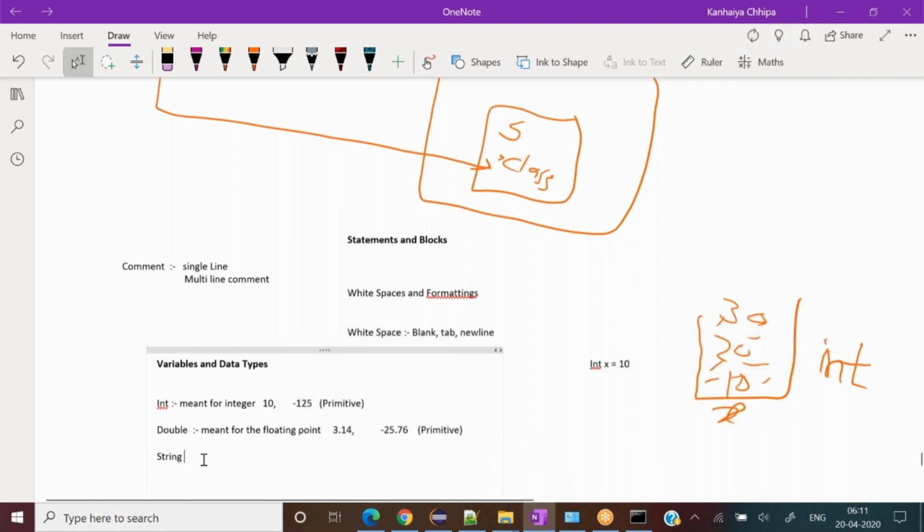And string is again a commonly used data type, so I'm writing it over here. However, we will have a great discussion around this string class. This is a user defined data type. String is any text we write. For an example, I write string name equal to Hussein. So any text we write is considered a string. This is a user defined data type.